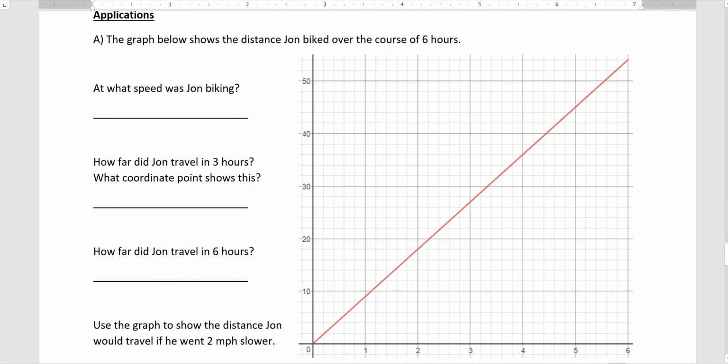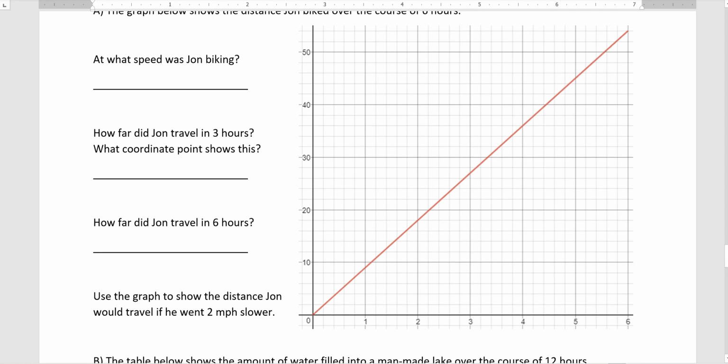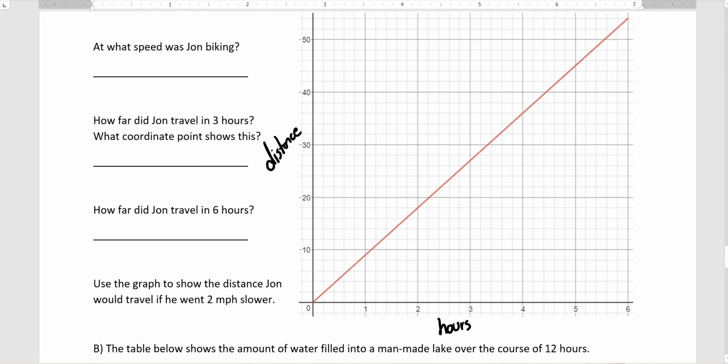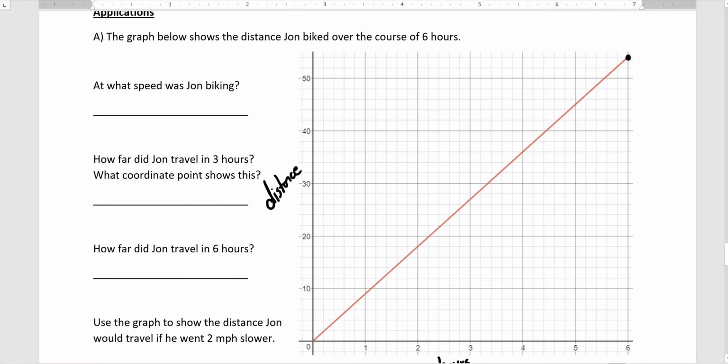The graph below shows the distance John biked over the course of 6 hours. At what speed was John biking? All right, so we're going to assume that this is our distance, and this would be hours. Okay, so at what speed was John biking? Well, how could I determine that? Well, the distance they travel, right here. In 6 hours, he went all the way up to here, which looks to be, according to this,